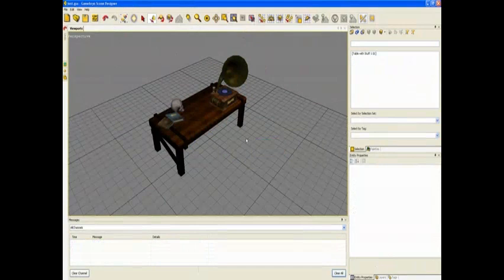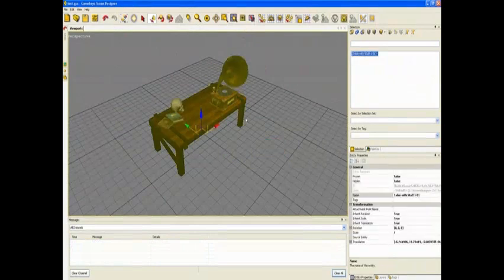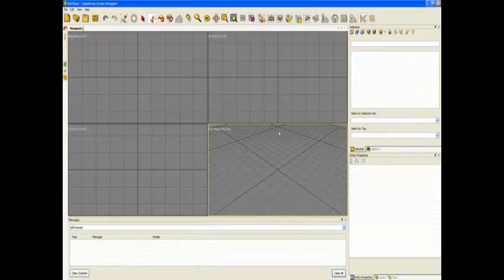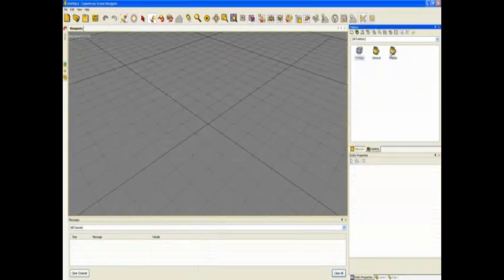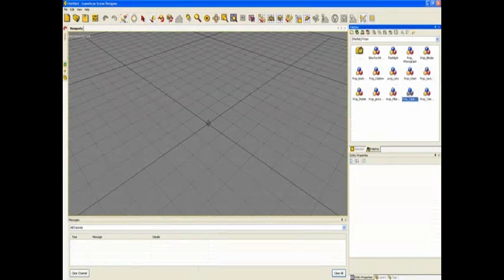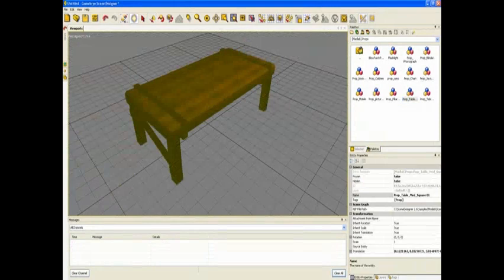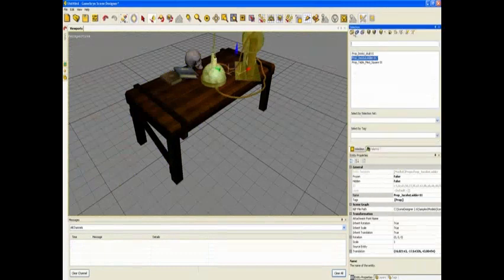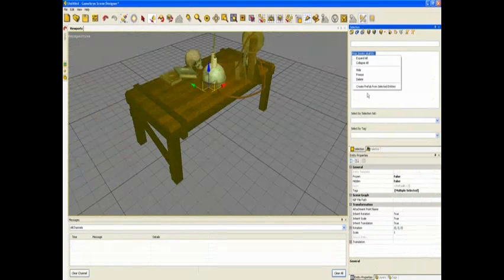Another way to create a prefab is, let's go ahead and create a new file here, is to create just some entities in it and select all of them and then say make prefab. So we're going to do that first here. Let's place a table, let's place books on it again, and Jacob's ladder on it. So now we're just going to select all of these entities, right click in the selection panel and say create prefab from selected entities, give that prefab a name,